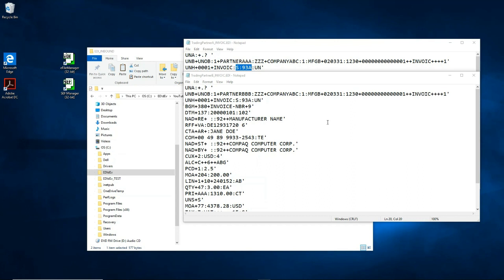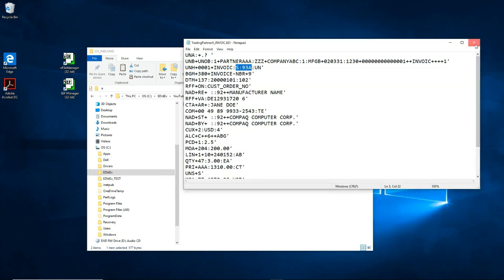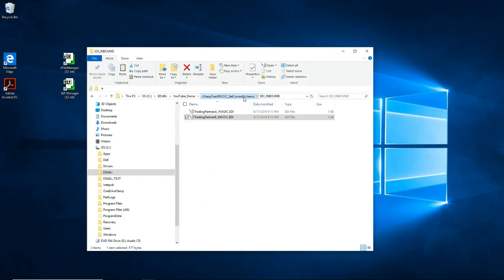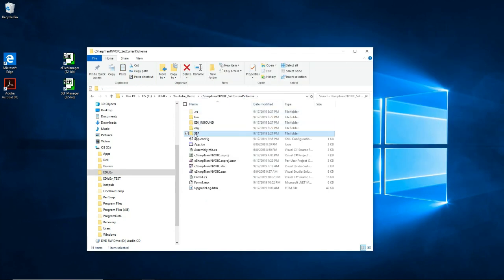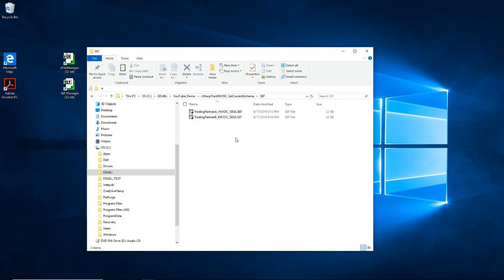Okay, so both these files are invoices of the same version, coming from different trading partners with different specifications for their EDI files. How are we going to process them correctly and efficiently? Well, firstly, we have to create CEF files for each trading partner following their implementation guideline. I have made previous videos of how to do this, and you can find their links below in the description